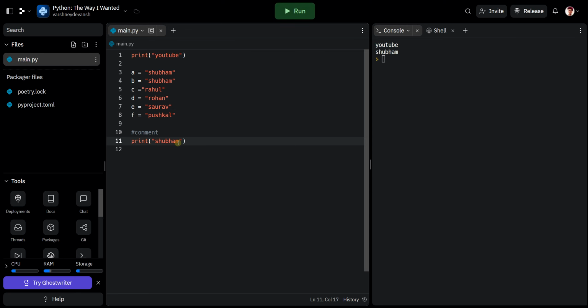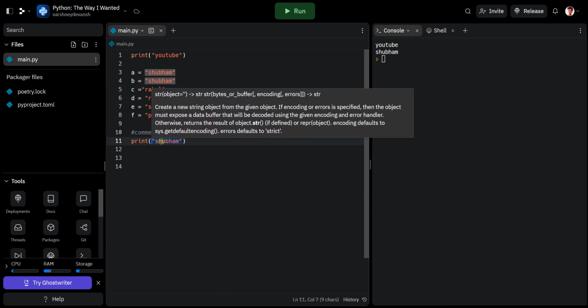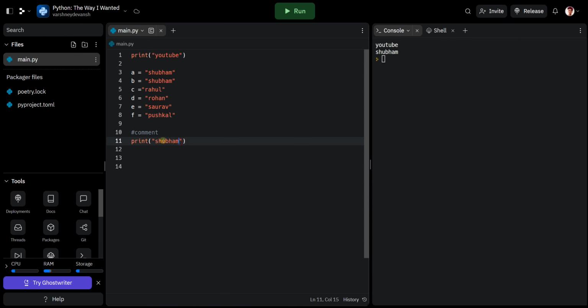Now, whether this Shubham is going to be this Shubham or this one, to check whether it is accessing the same memory location or not. As you can see, Shubham and Shubham are the same, but in programming, are these stored at the same memory location or not?